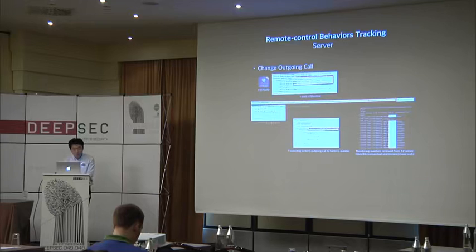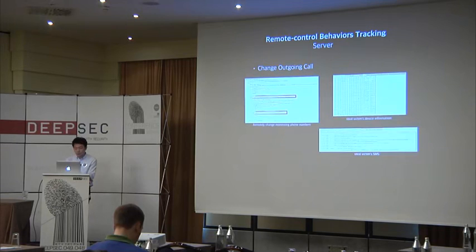The victim received numbers for monitoring from the hacker server. This is the monitor number, so the hacker can change the monitor numbers if the bad guys want. In this slide, this logic shows that this malware sent the victim's device information to the C2 server, and bad guys remotely changed monitoring phone numbers by this malware. The right side shows that the victim's data are leaked to the hacker server.